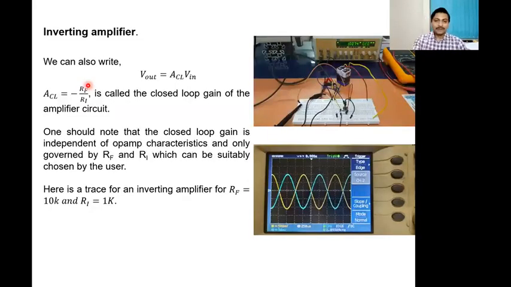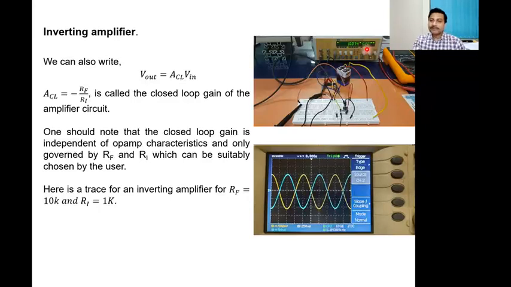Okay. So I'll stop the discussion on this particular amplifier by showing you a simple circuit, which you will anyway make during your laboratory sessions, right? So this is an inverting amplifier circuit you made using IC741 with RF equal to 10 kilo ohms and RI equal to 1 kilo ohm, such that the closed loop gain is about 10, right? And this is my function generator. So I'm using these 9 volt batteries for the DC biasing, right? And using a function generator to generate, I think in this case, I'm using